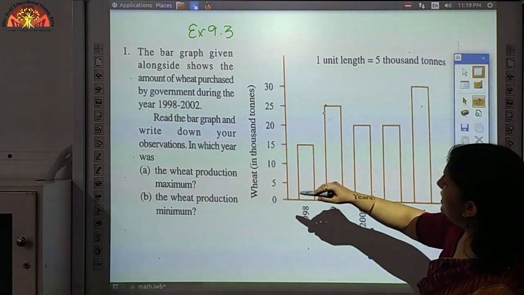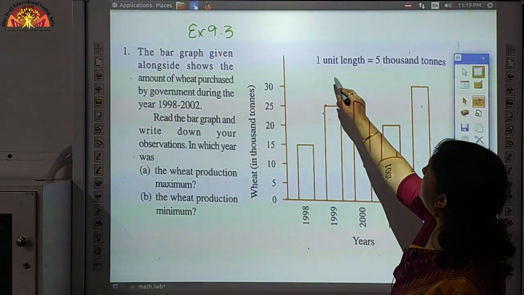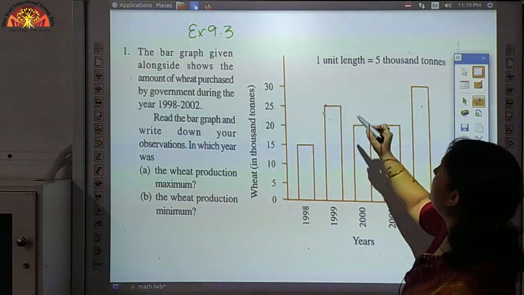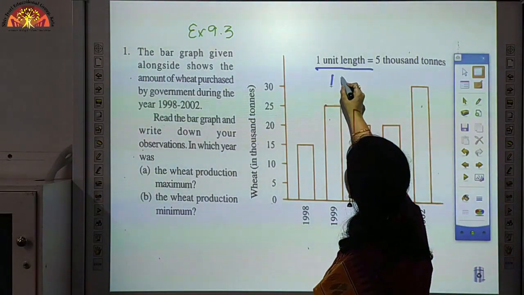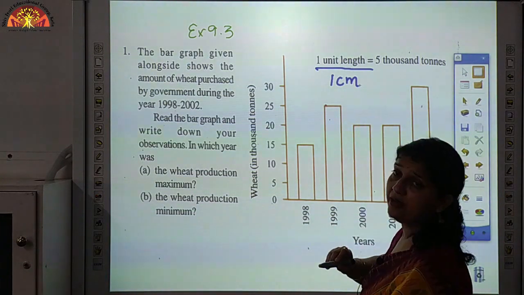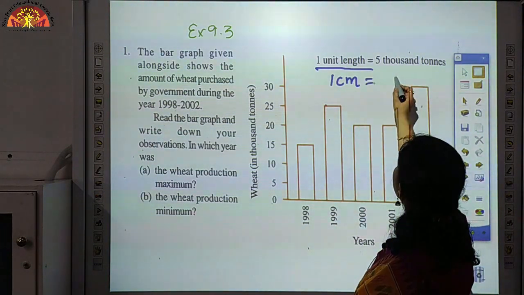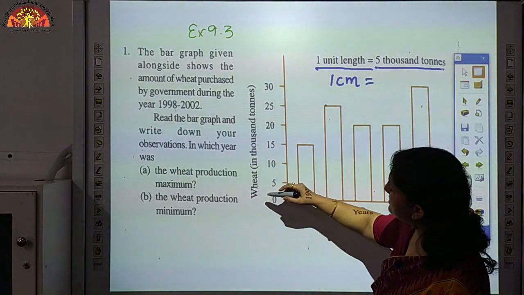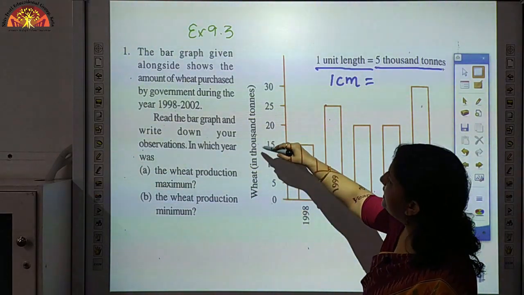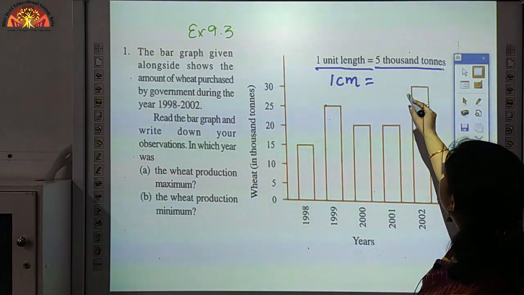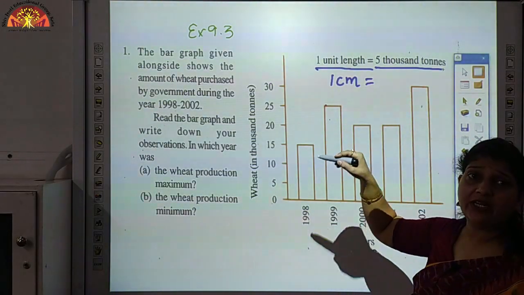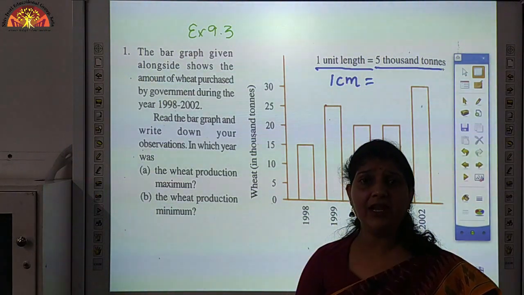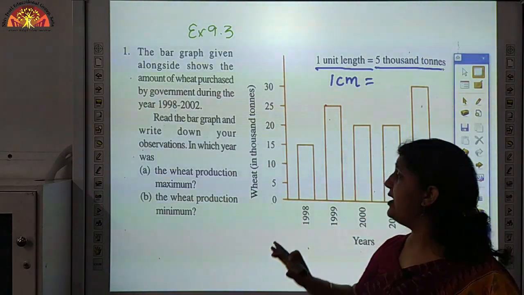In this we have the scale: 1 unit length is equal to 5000 tons. 1 unit length means 1 centimeter in the graph. It is equal to 5000 tons. Now students, on the y-axis we have wheat production in 1000 tons, because it's very tedious to write 5000, 6000, 7000. So we choose an appropriate scale first. After that we write the